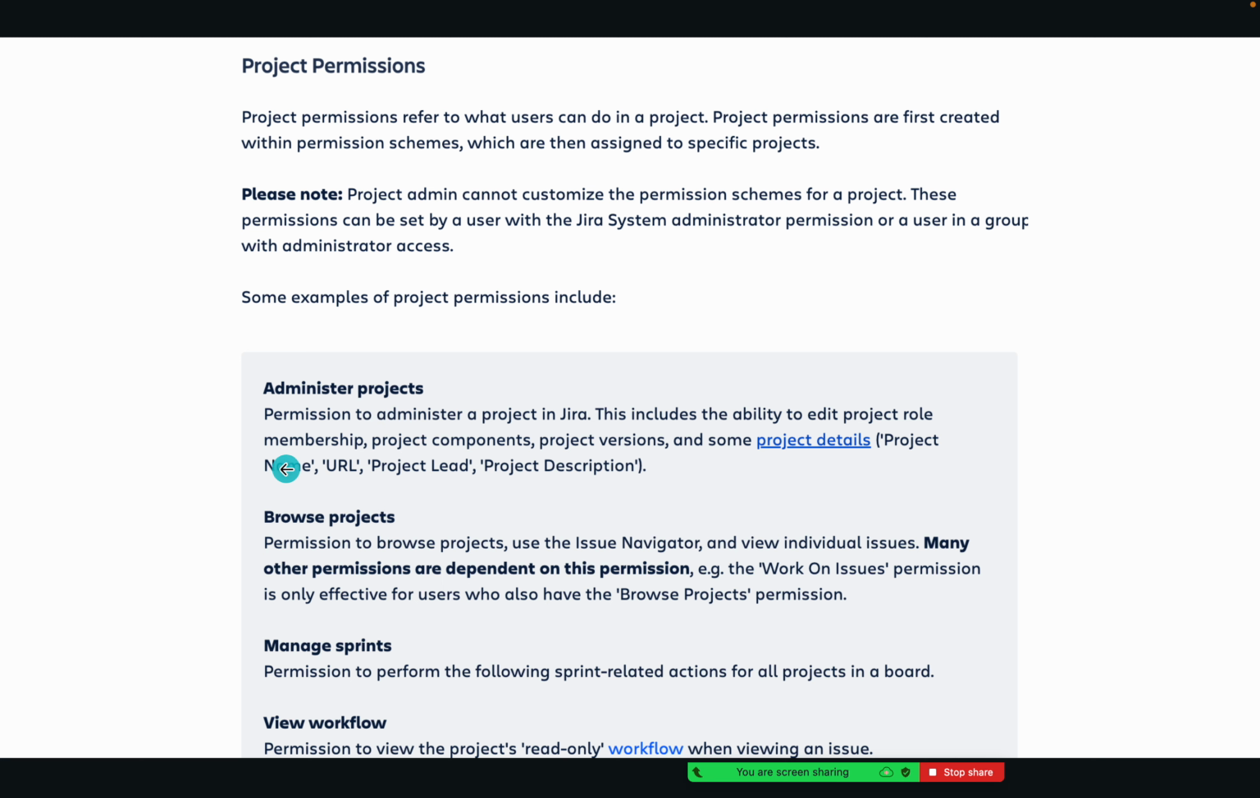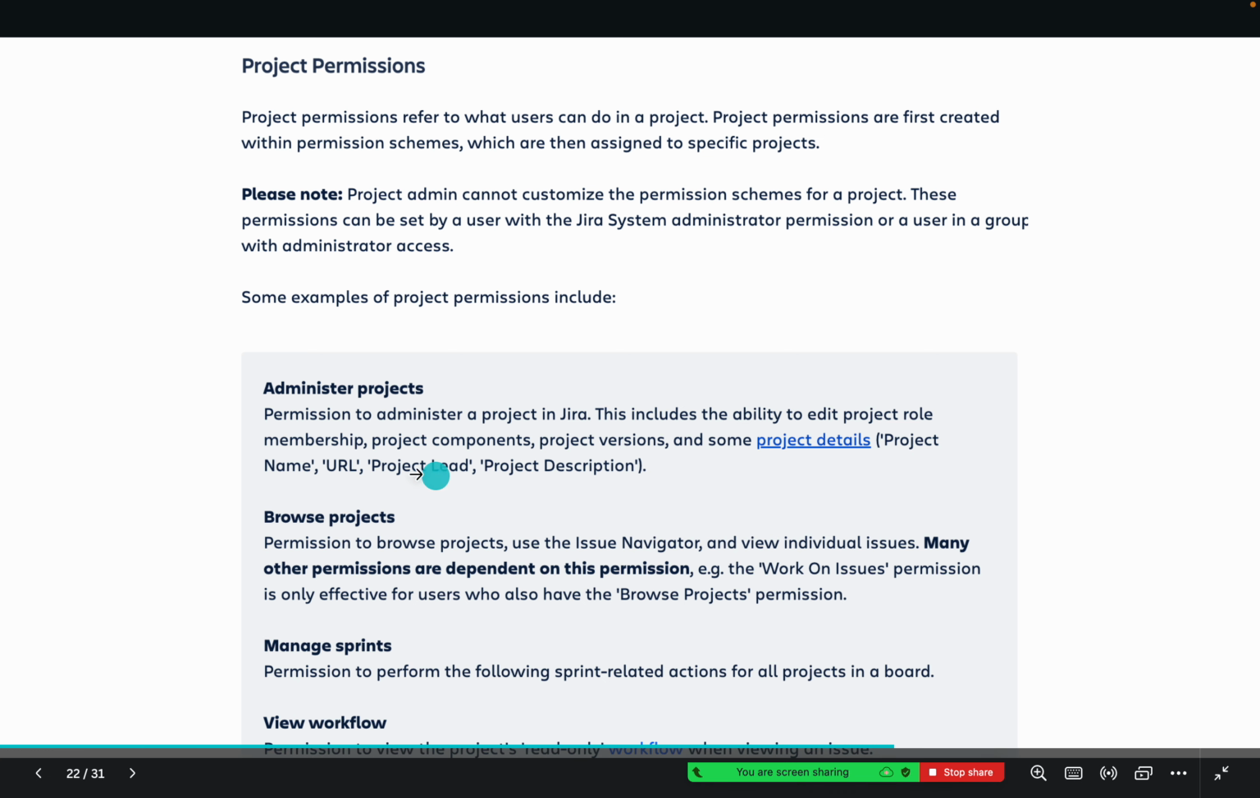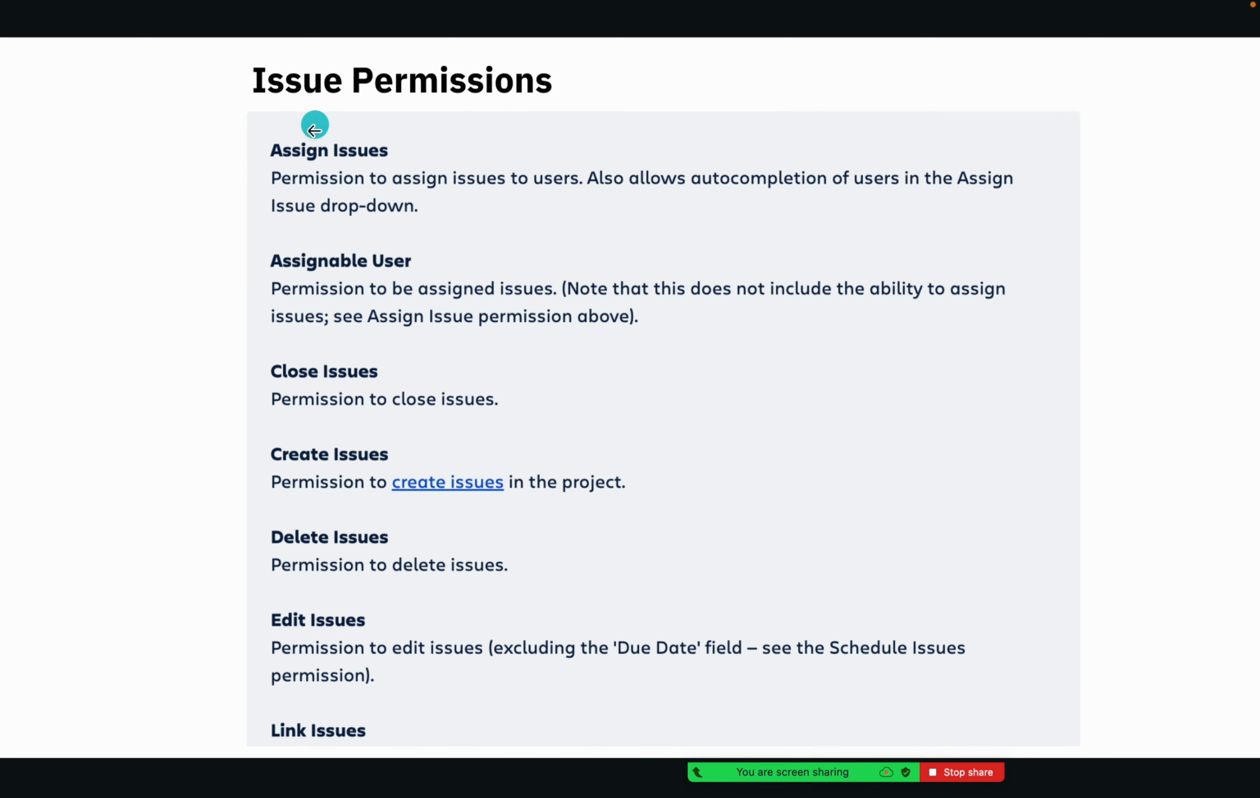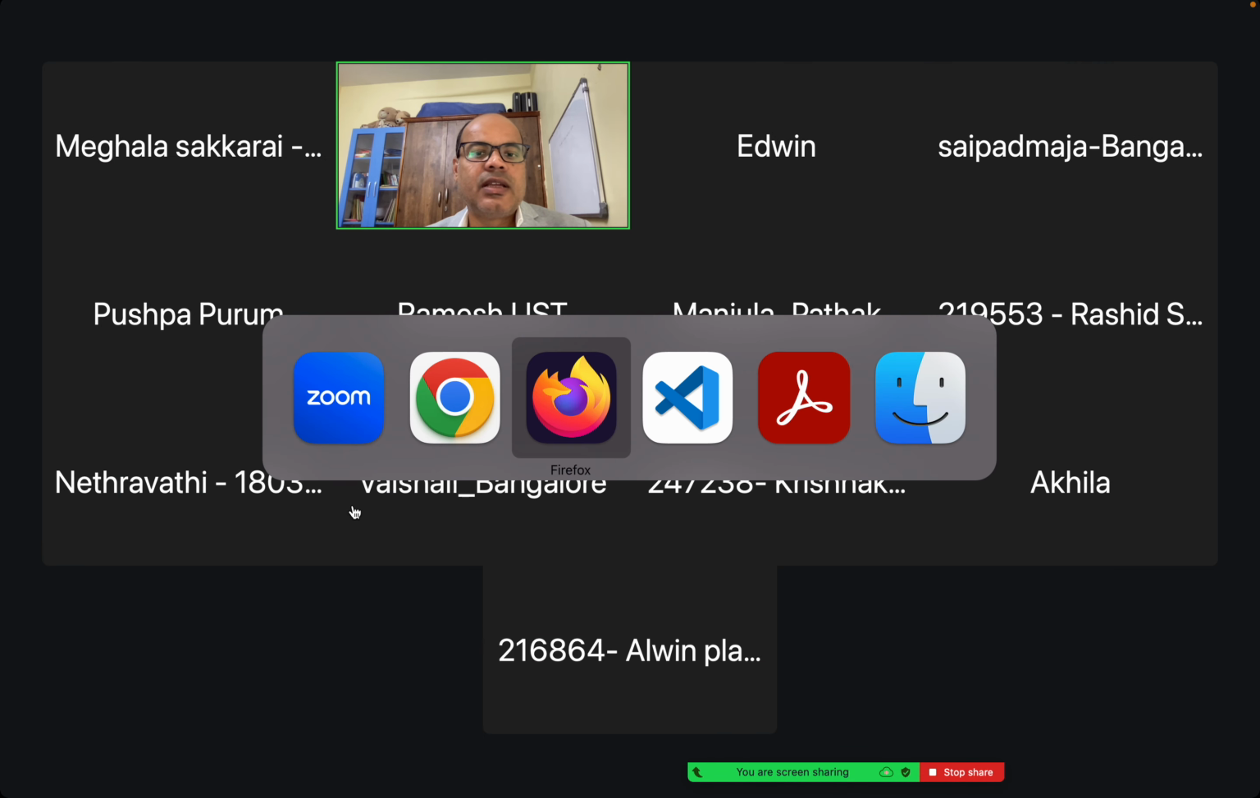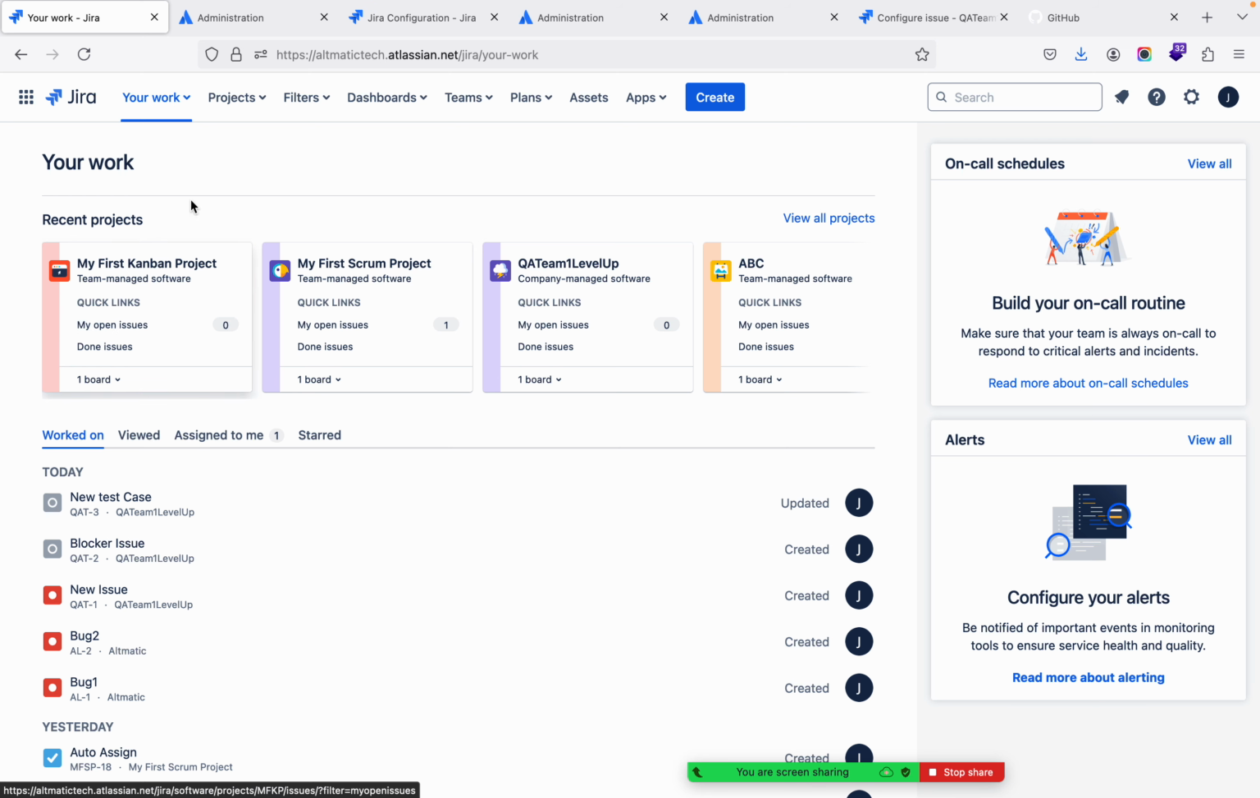these are the project permissions like administrator project, browse projects, managing a sprint workflow. These are the issue permissions. Assign issue, assignable user, close issue, create issue, delete issue, edit issue. These are the permissions you can set. So